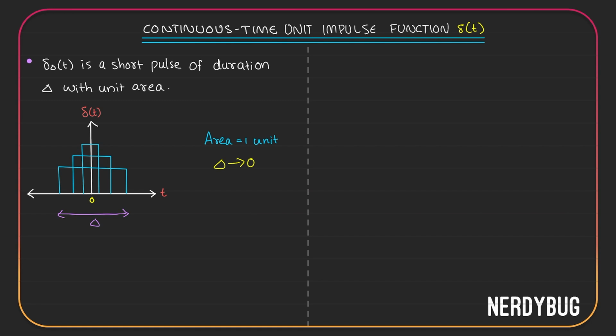So to show that, I will put an arrow over here. And this is what we call a unit impulse function. The arrow over here shows that its height is infinite. So let's write down the properties of an impulse function. Delta of t has 0 width, infinite height, and unit area.